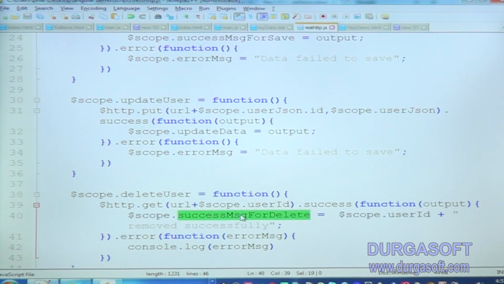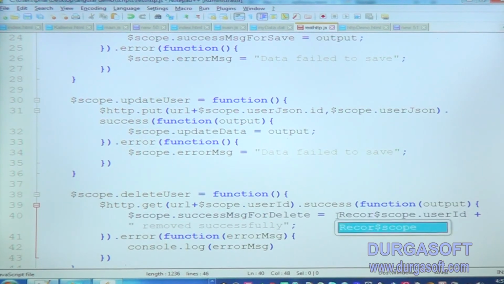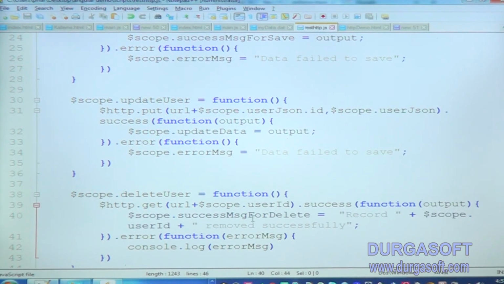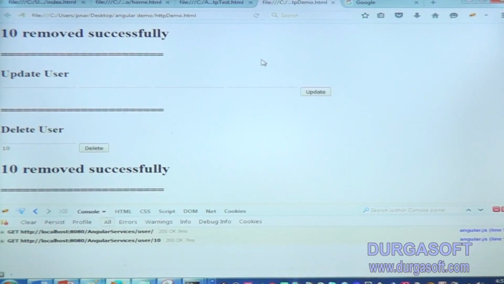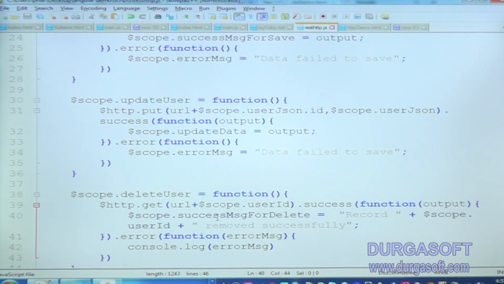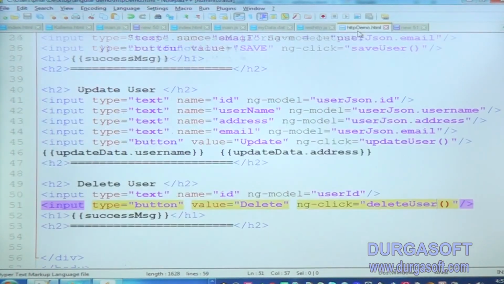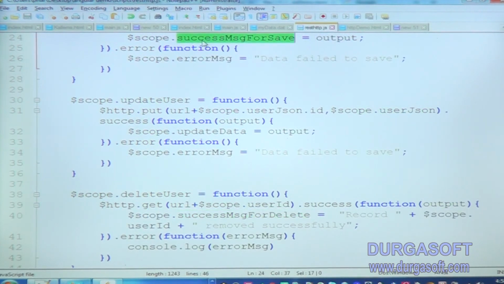Whatever ID we have given, I want to display that that ID removed successfully. So this we have to display in the front end: success message for delete, here success message for save.